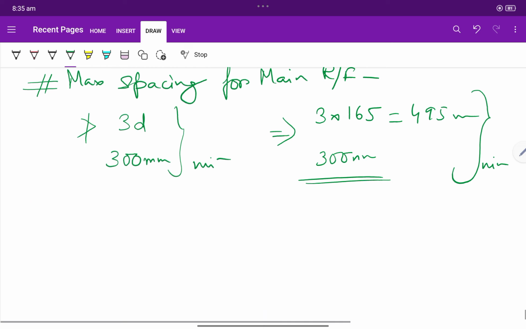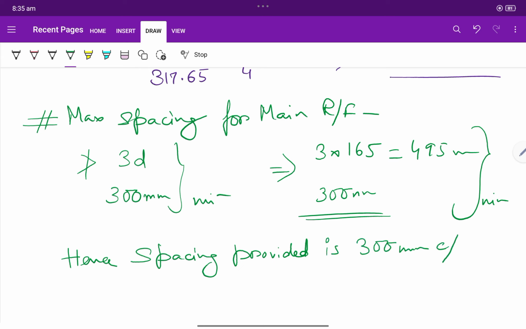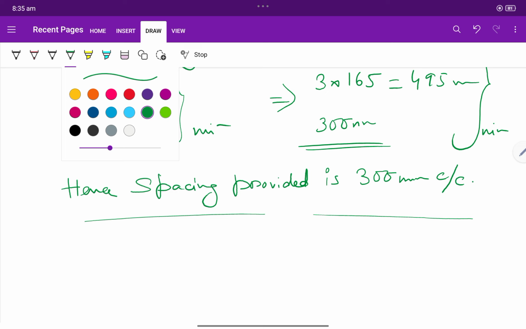So this one is the minimum of these two. Okay, so spacing will be provided as 300 mm center to center, hence spacing provided is 300 center to center. Okay,